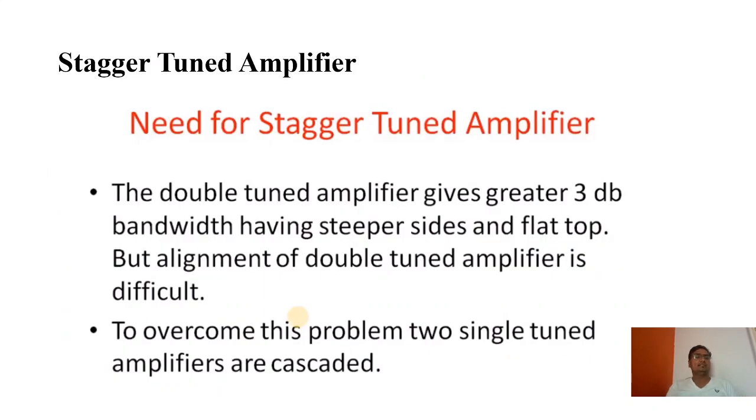Now here we are supposed to start with the staggered tuned amplifier. Why we are going for this staggered tuned amplifier is really important. The double tuned amplifiers that we have studied have larger bandwidth, that we know. If you are working with some application where you need more bandwidth, that is a more flat frequency response, then obviously cascading is not possible, because if I cascade, the bandwidth will again become narrow, it will decrease. Now my motto is to increase the bandwidth. How to increase the bandwidth with a tuned amplifier?